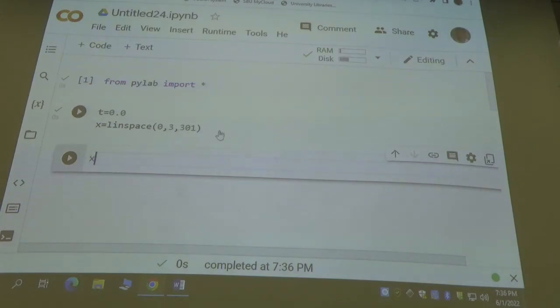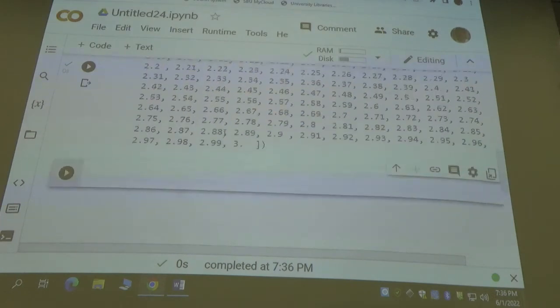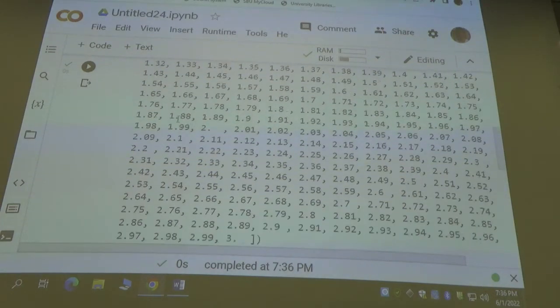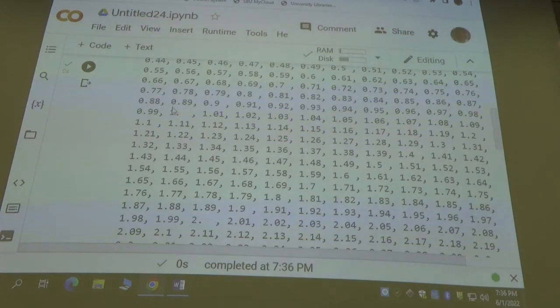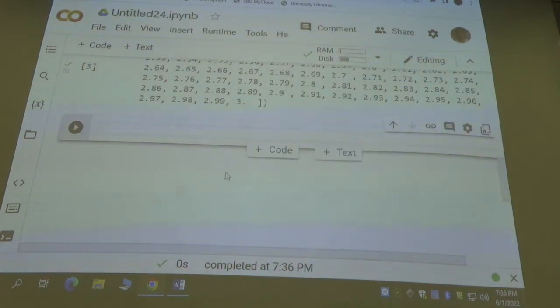If I ask what x is, it's going to tell me all this. That's x, all the values from 0 to 3, in increments of 0.01. All right, so now I'm going to say y, or the value of u, is equal to 20 times t divided by 3 plus